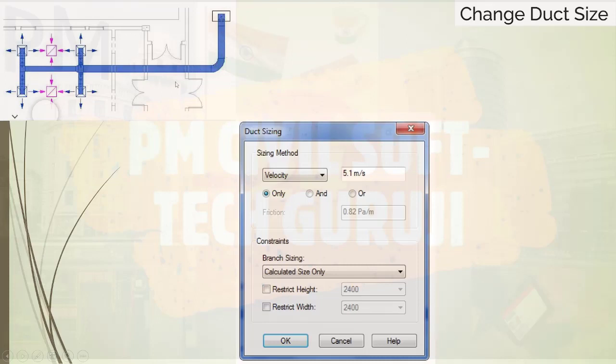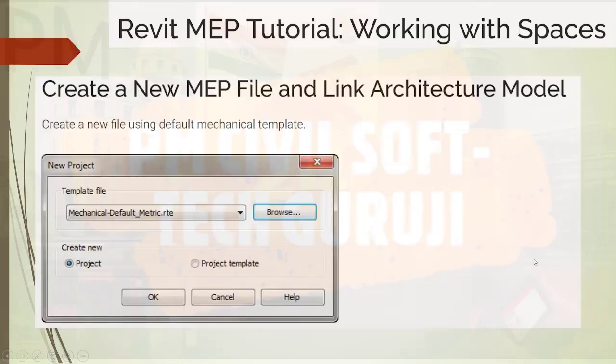Click your mouse to select them as shown in the figure. Revit will open the duct sizing dialog box. Review the available settings and click OK. You will see the duct size is now changed.